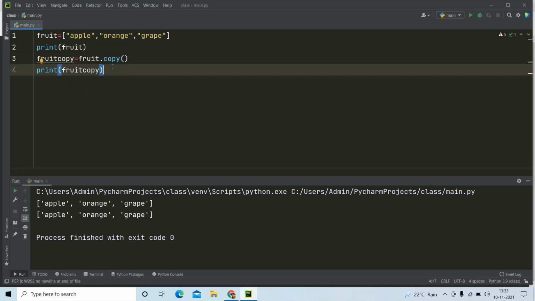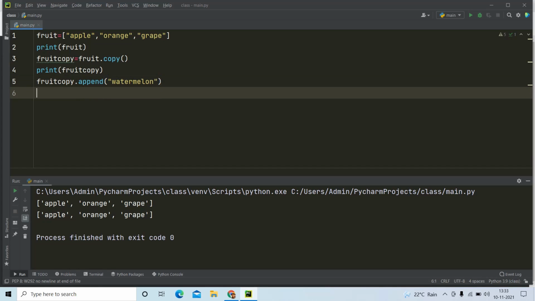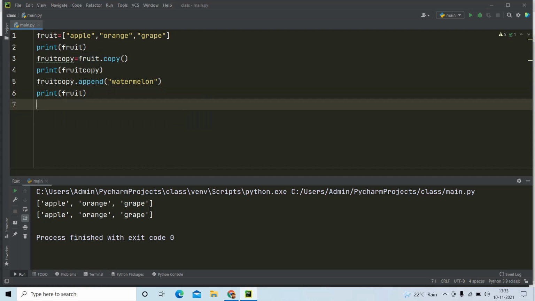But there is a quite small difference. If I change the fruit_copy value, like fruit_copy.append, I'm going to add watermelon. And after this, I'm going to print fruit and print fruit_copy.